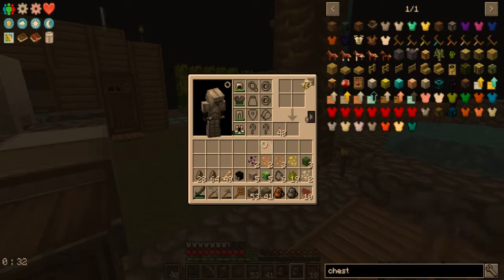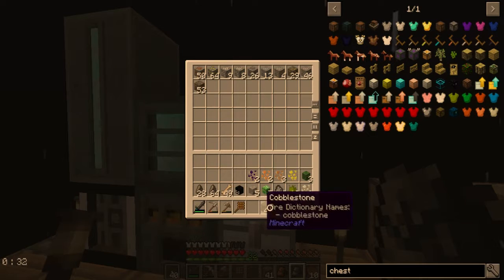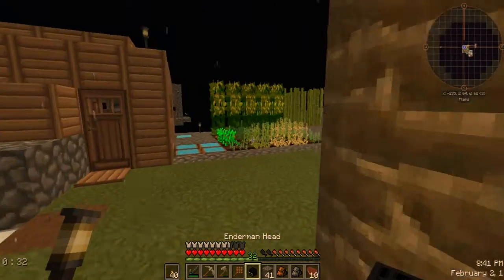Let's see here. I need two. Oh, that's iron. We can put iron in here too. That we can put in there. Alright. Let's see here. I want to put...